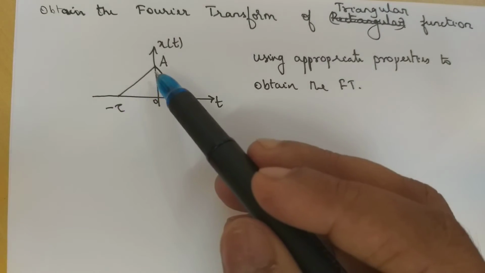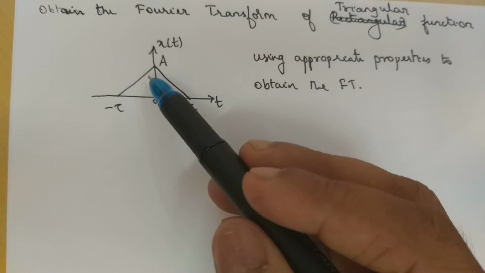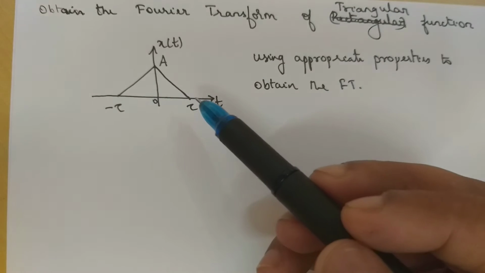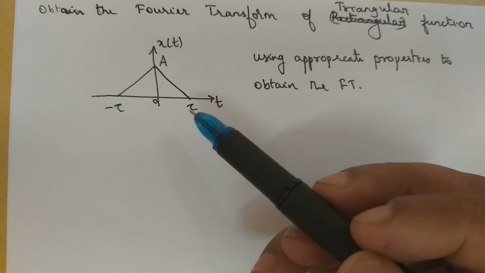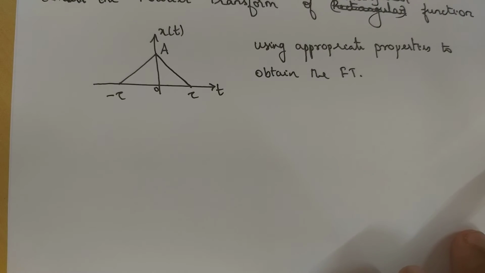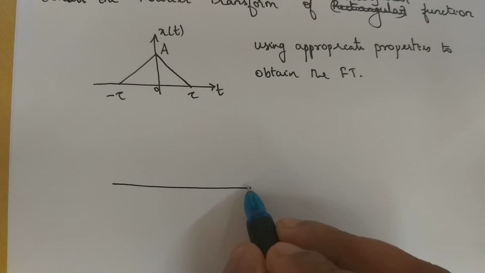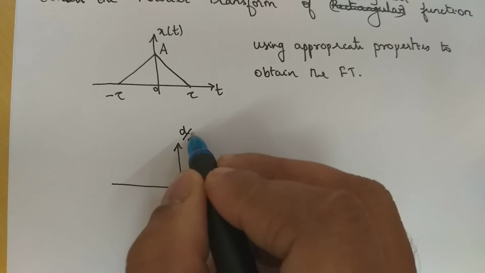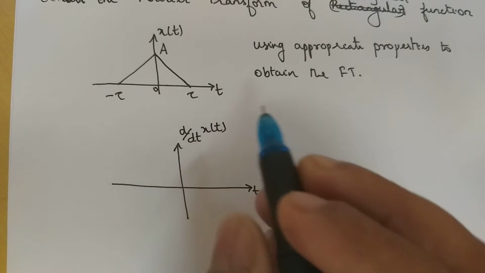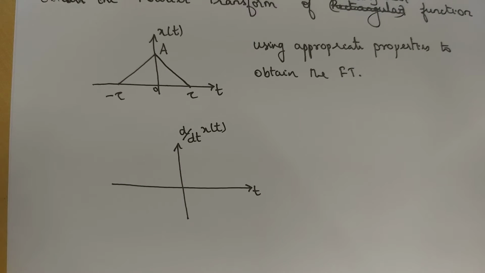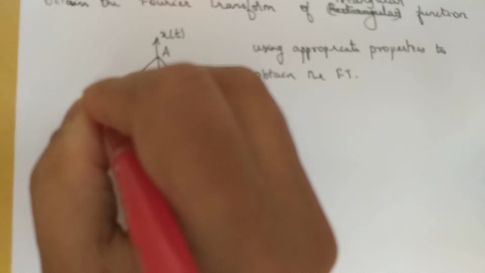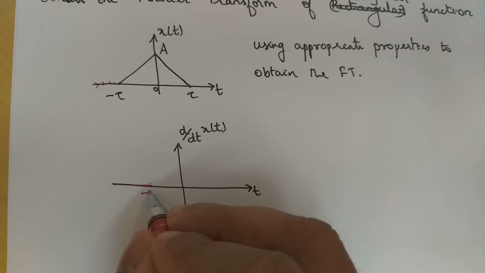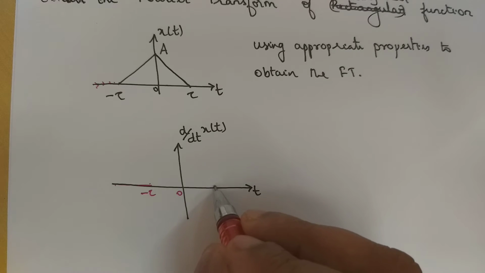When differentiating with respect to t one time, we will get the step signals, and again that step signals have to be differentiated with respect to t to obtain the impulse signals. So we will go with the differentiation part. On the figure itself, this is first d by dt of x of t. If we consider from minus infinity to minus tau, so from this particular part up till this, this is 0 what we are going to get. So this is up till minus tau 0 and this is tau.